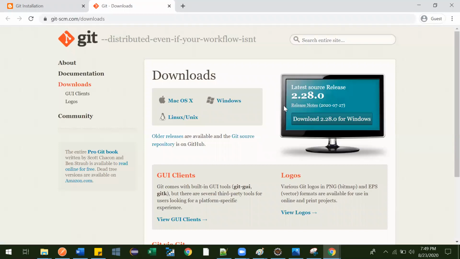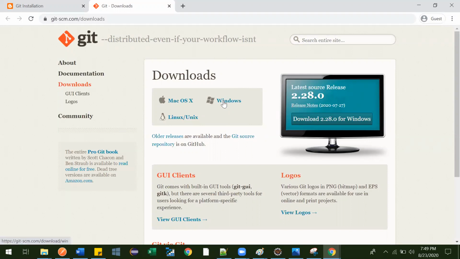In this page, you have to select Windows if your operating system is Windows. If you are using Mac, then you can select this one. If Linux, then select that one. So in my case, I am doing the setup in Windows, and my current operating system is Windows 7. For Windows 10 the UI might be a little different, but the procedure is the same.